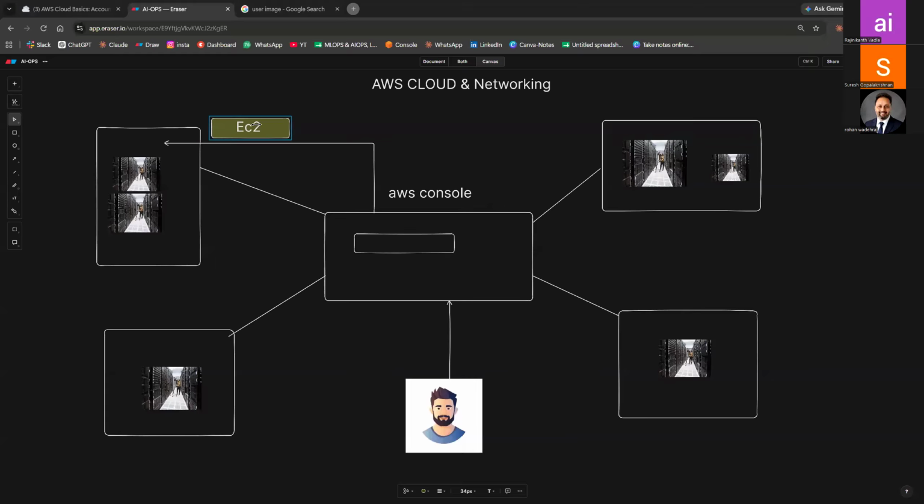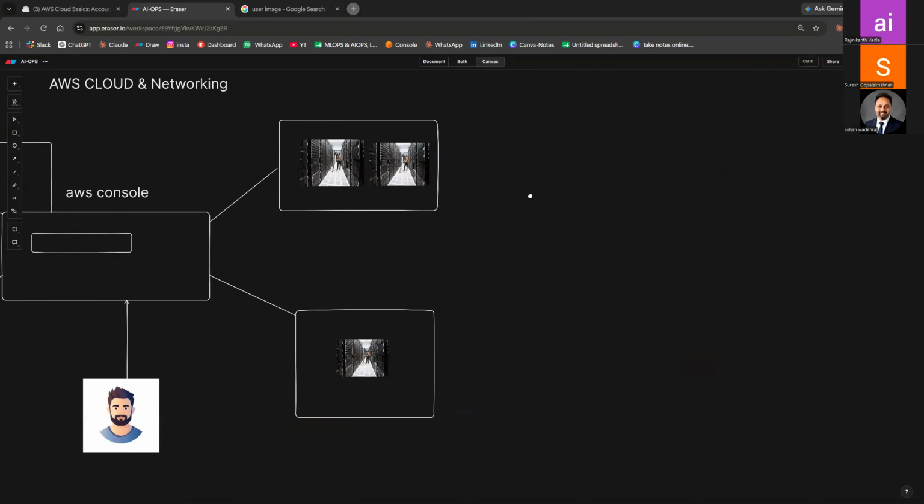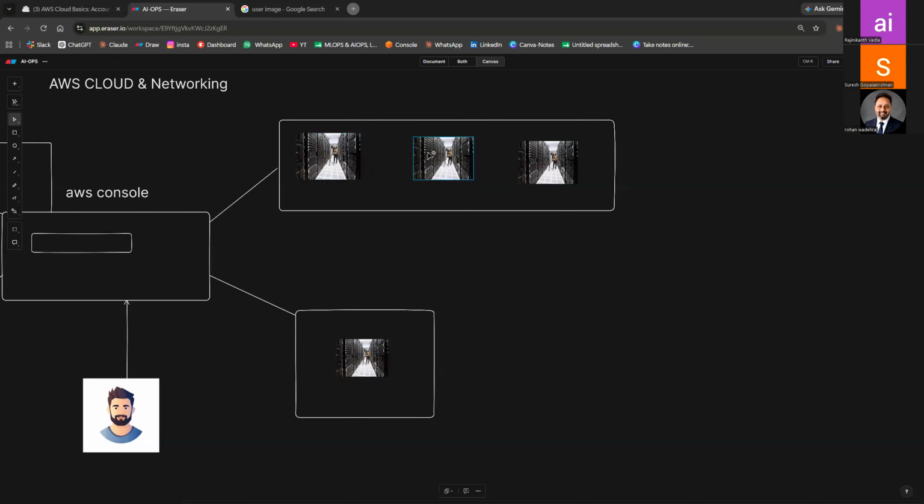Okay, now there is a question and a confusion. What is the difference between region and availability zone? So this is a region. Let me duplicate this on the right side. Now just understand, this is my region. Which region, sir? This one. If, for example, you take it as the India Mumbai region.